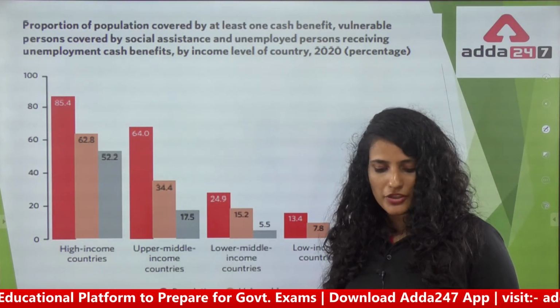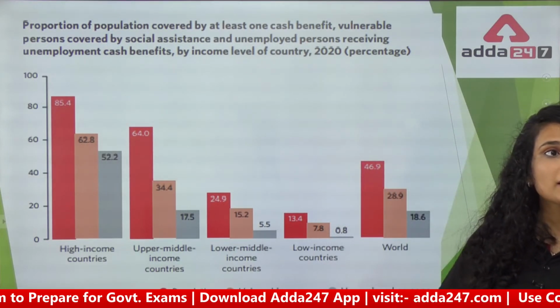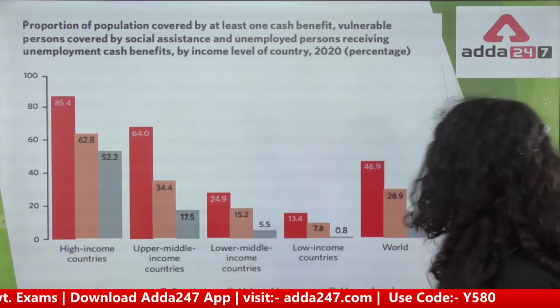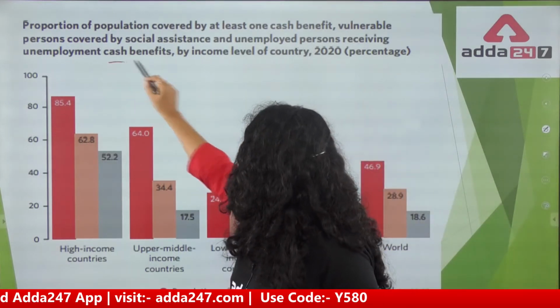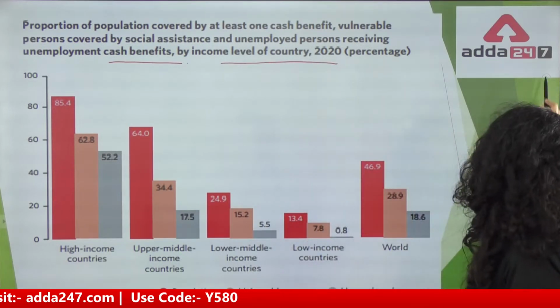So the report is talking about unemployment protection. 39% of the measures were included directly for the vulnerable countries. Okay, so it is talking about unemployment protection: an unemployed person receiving unemployment cash benefit, by income level of the country,